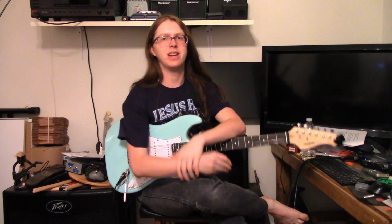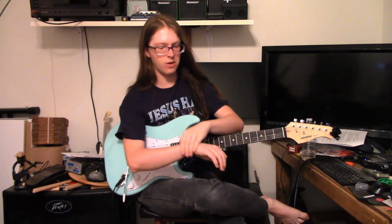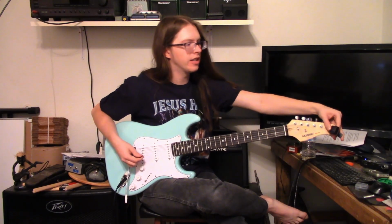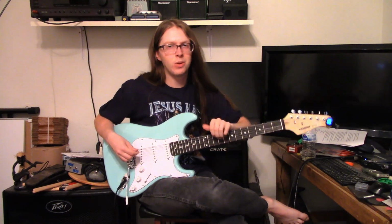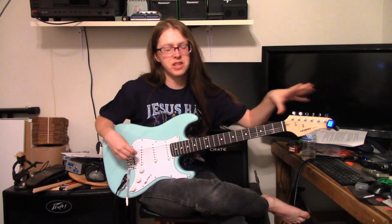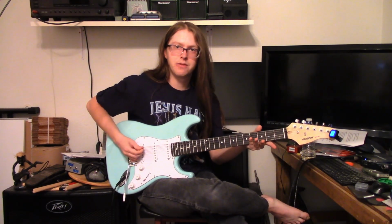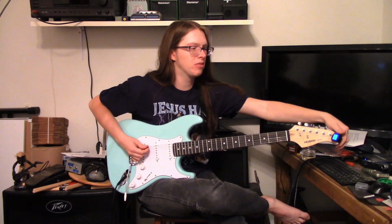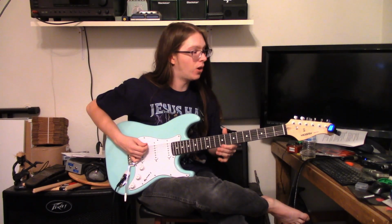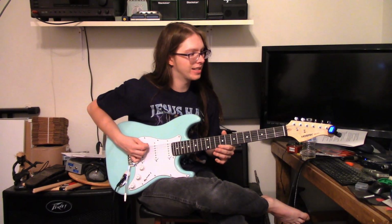The last thing is my technical tests. The first thing is the regular intonation. Usually people don't like to use a headstock tuner for this, but it usually gets the job done. I don't know about this tuner. This one might not be as great for checking intonation, but hopefully it should be able to get the job done. And first of all, it's on the guitar setting, and it's saying